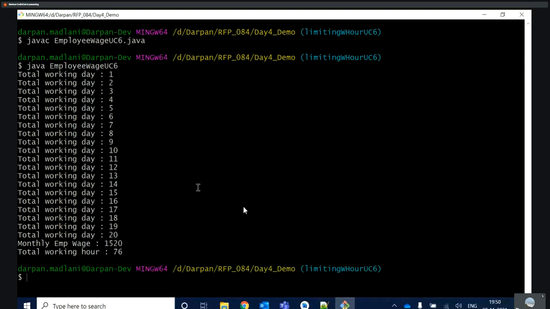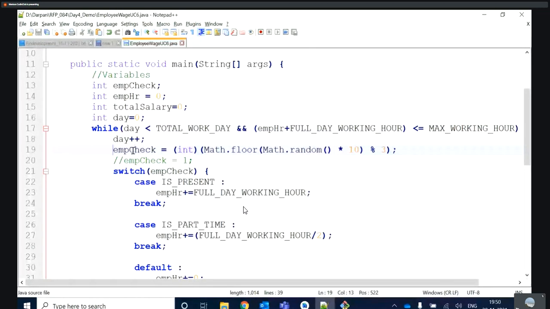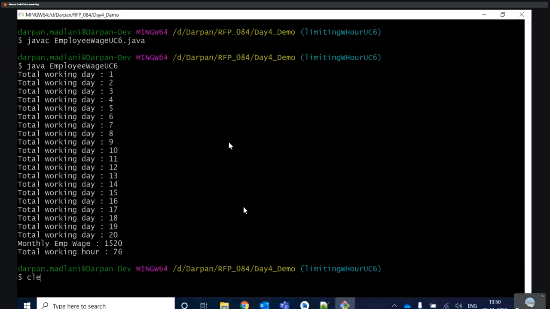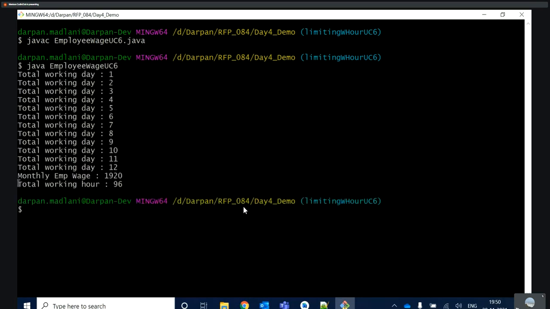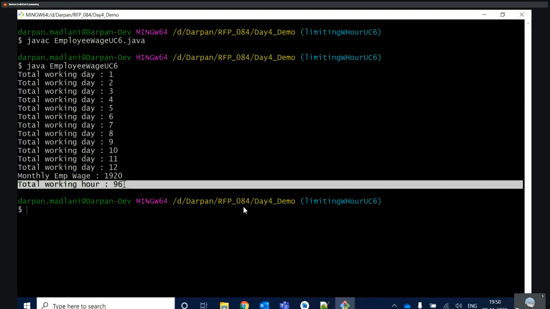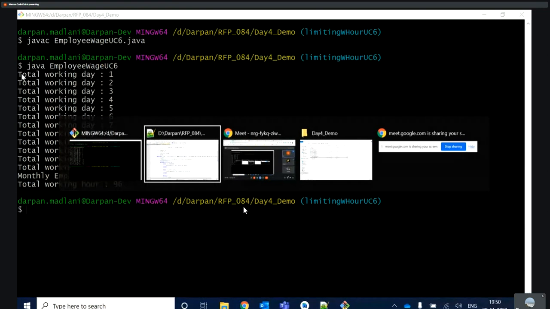See, now for that random value generation, the employee's total working hour will be every time less than 100 only. Let's check for that scenario. Let's assume that the employee is present every day. Here you are getting the 96. And let's check the attendance for every day.